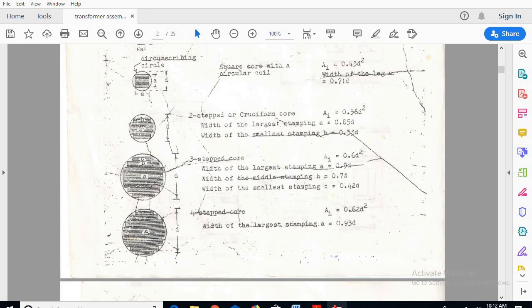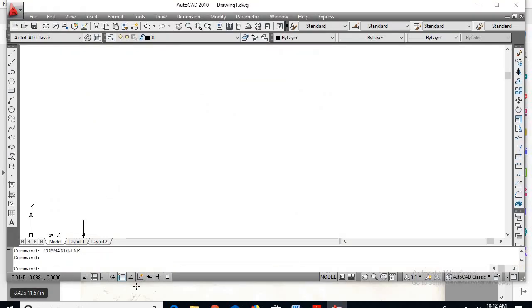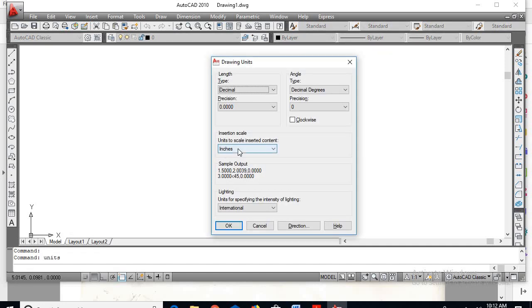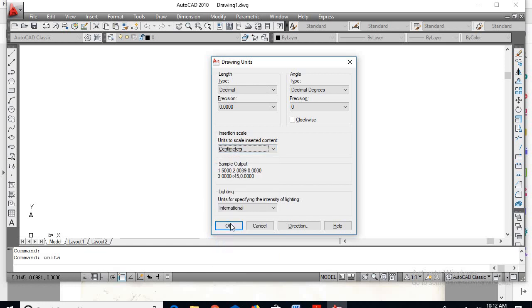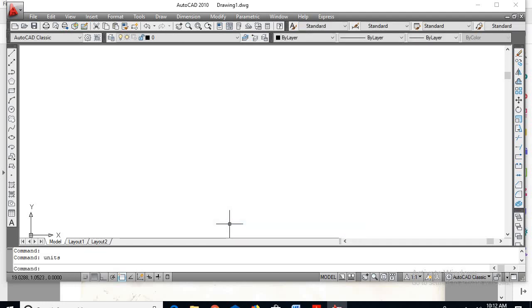Now if I go to the AutoCAD tool, go for units. All the dimensions he has given in centimeters, so I'll consider only centimeters. Suppose if he has given in meters, I'll go for meters or millimeters. So go as per the data he has given. Next limits: 0, 0, 500, 500, enter. Next zoom, enter, A, enter. So now first I'll go for the plan, second I'll go for the elevation part.